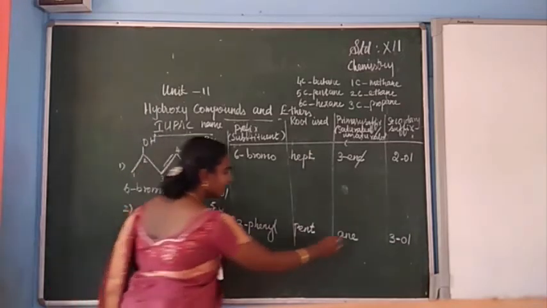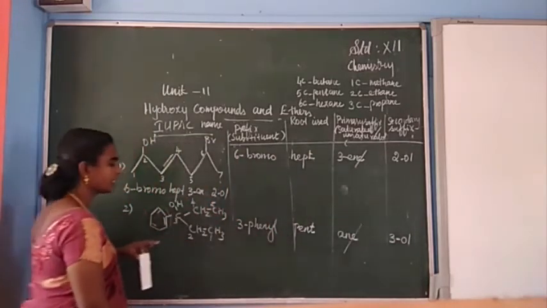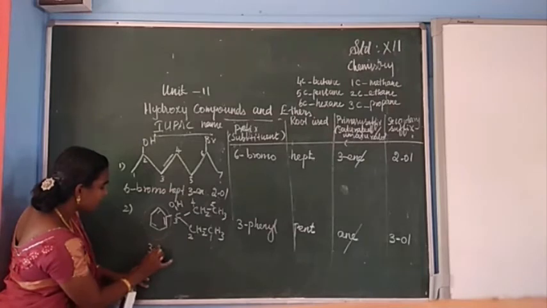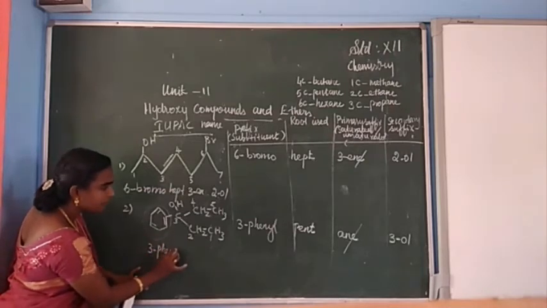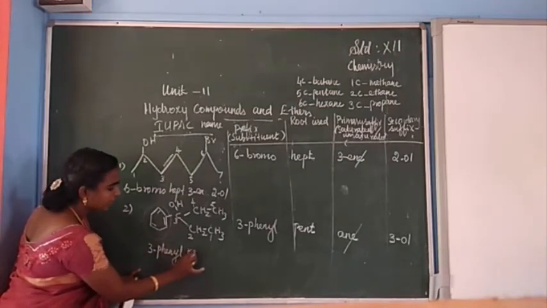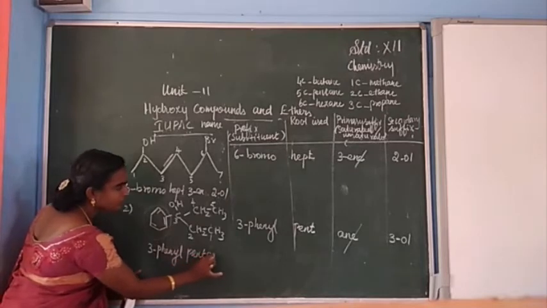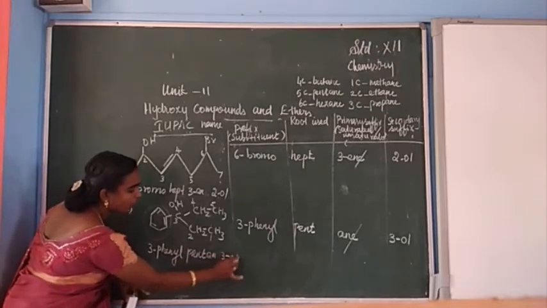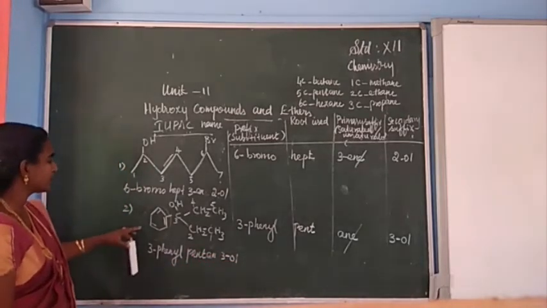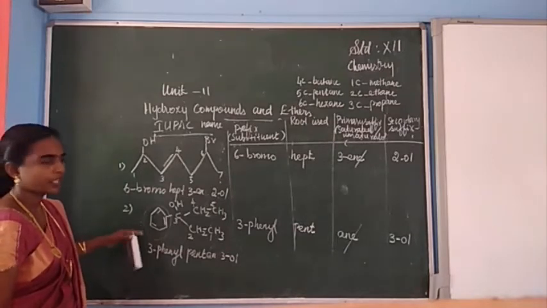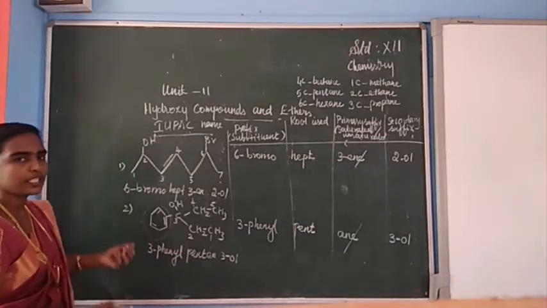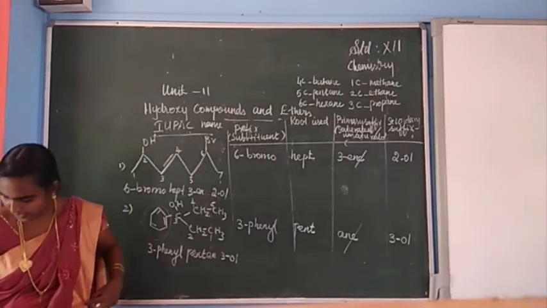Together we can write 3-phenyl pentan-3-ol. This is the IUPAC name of this compound. Is it clear, students? IUPAC naming. Next we can see